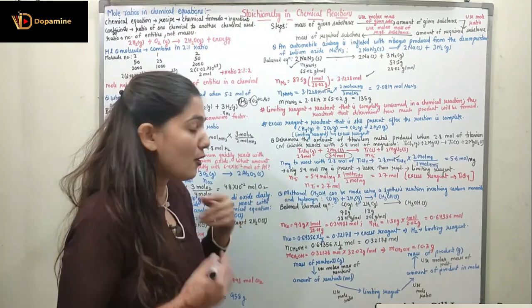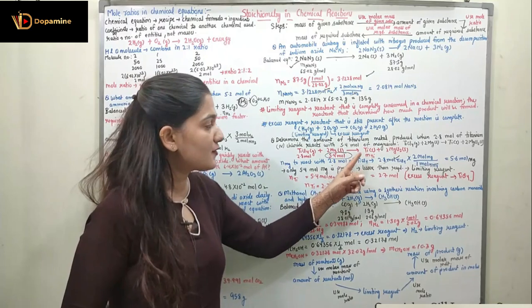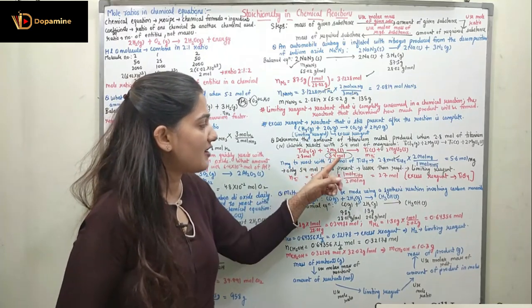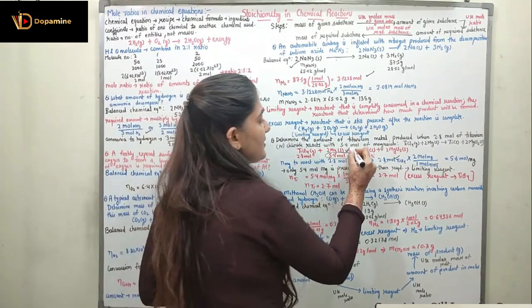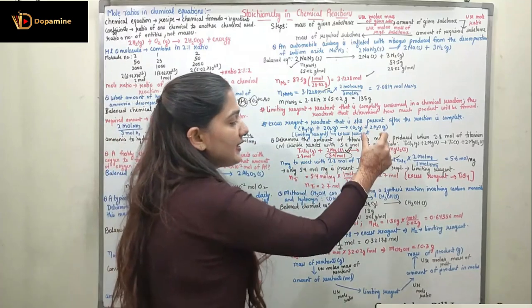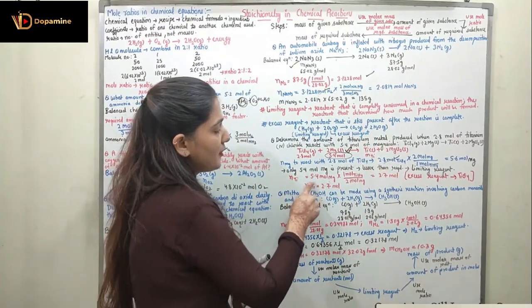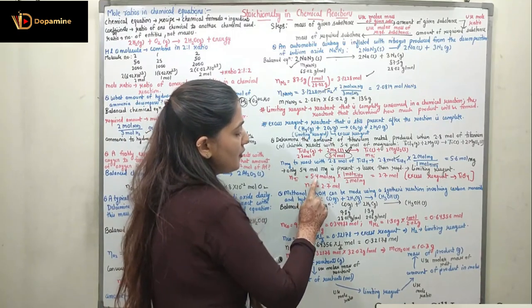So here now I need to find out the number of moles of titanium that is formed when I have the 5.4 mole of magnesium. So I have to do the calculation considering the magnesium because it is the limiting reagent. According to that, titanium is formed. So I have to consider the number of moles of magnesium. So number of moles of magnesium is 5.4.